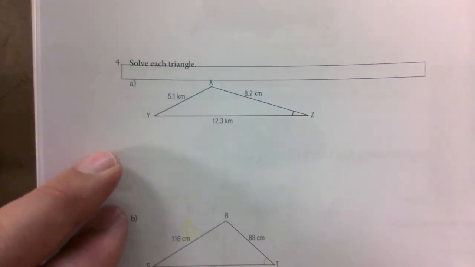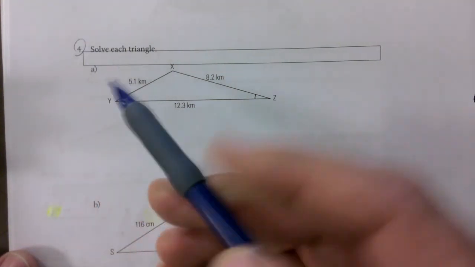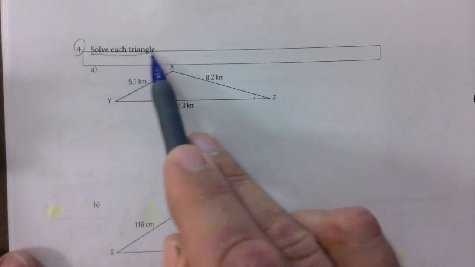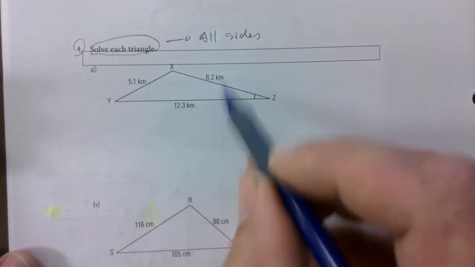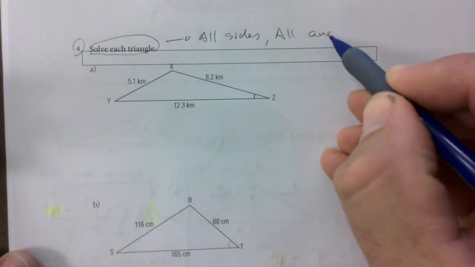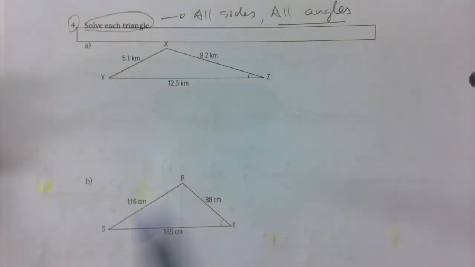So watch what it says for 279. It says solve each triangle. That means all sides, which is already done, by the way, and all angles. So I want you to use the cosine law basically to find an angle. Always start with the largest angle and then find the rest of the angles as well. And I will go over that